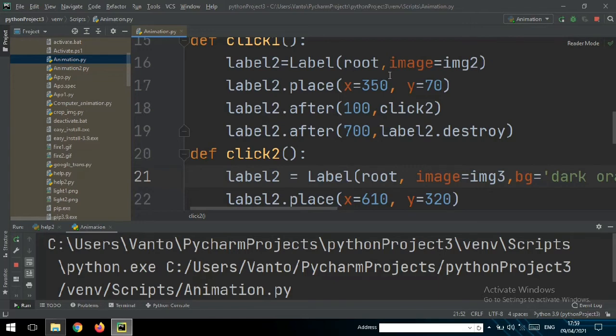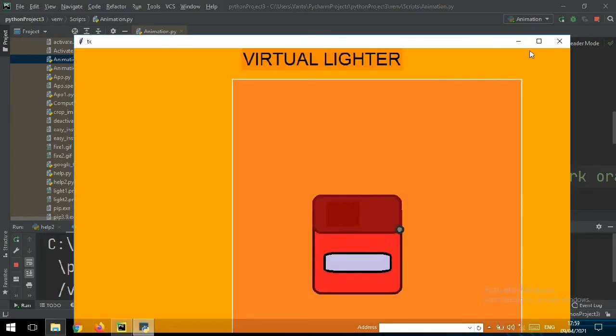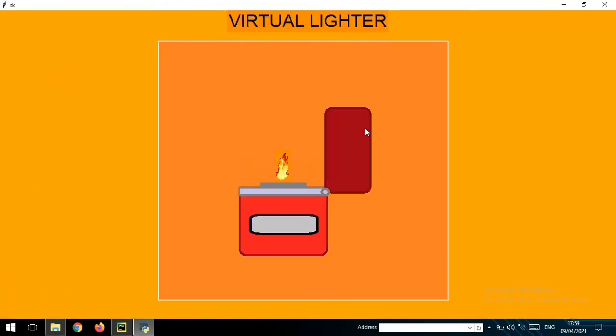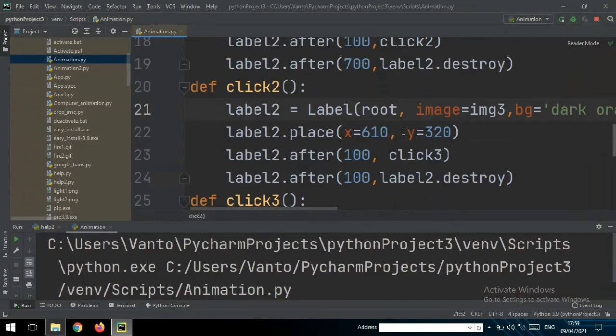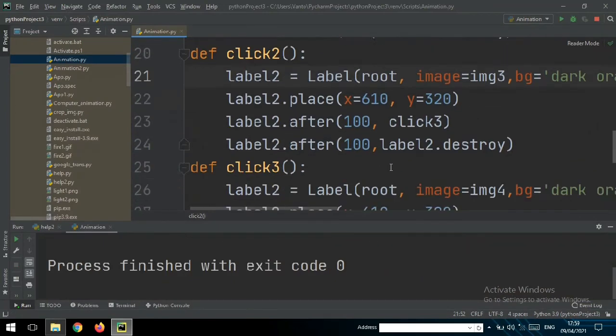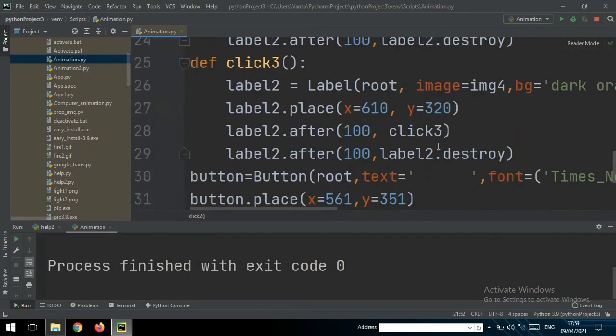Okay, we wait for the response. It is going to finish, and when you click it, okay, you forgot to destroy this. It must be level 2 destroy, and then okay, for this